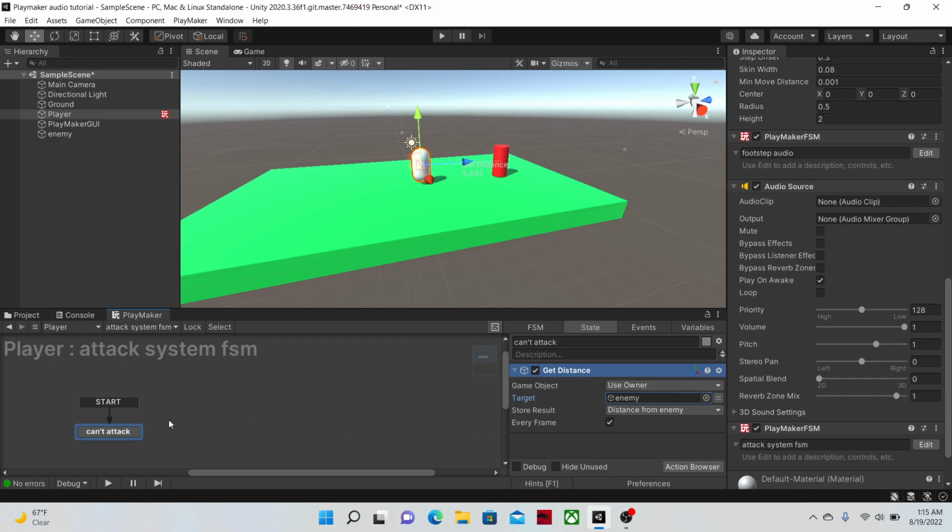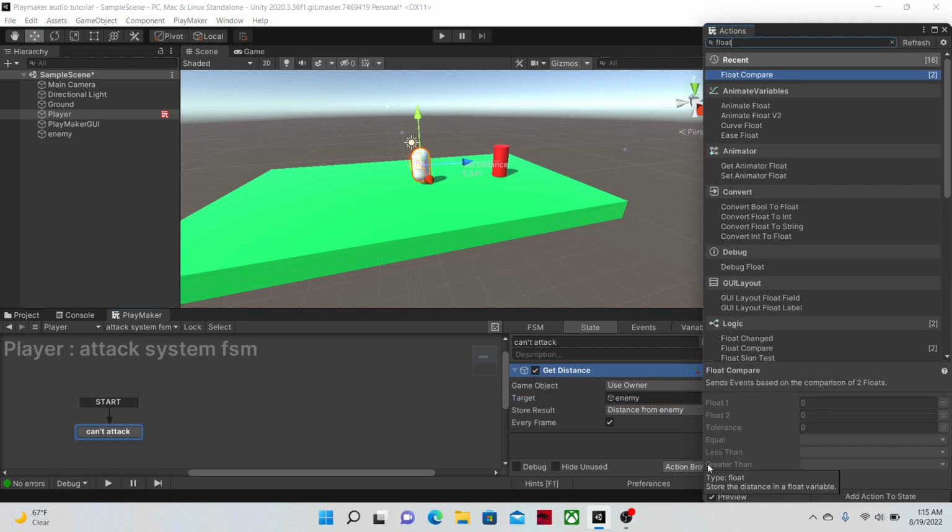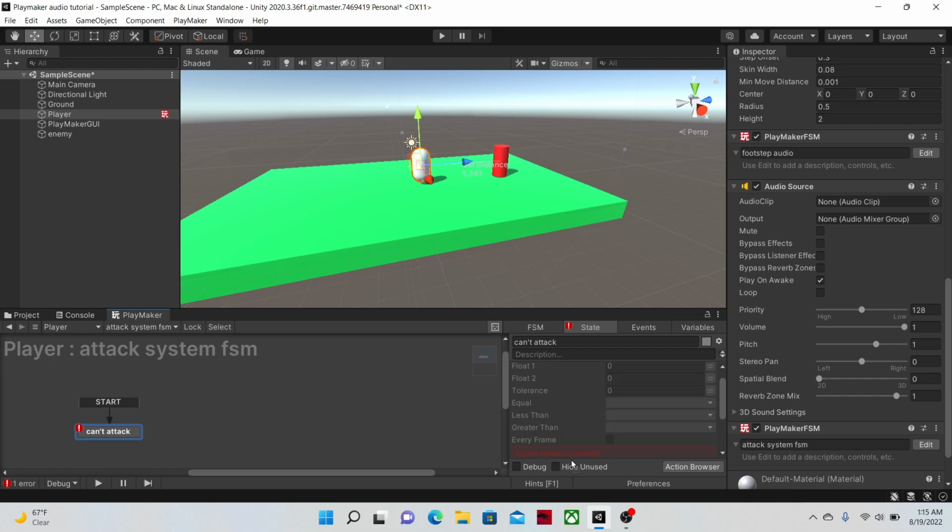We're going to use this state right here to check the distance of the player to the enemy, because we're going to make it so you have to be in a certain range to be able to attack the enemy. You don't want to be all the way over here and still be able to attack or do damage to the enemy. Right, you're going to have to get a float compare action,